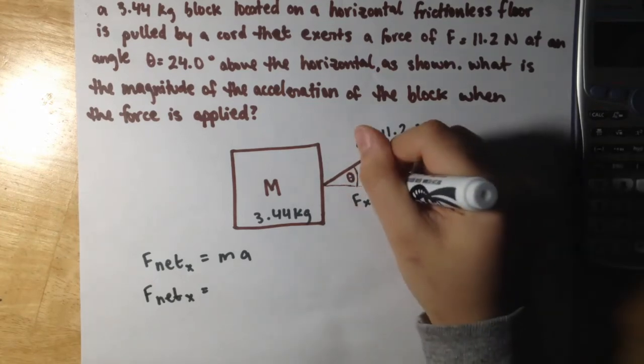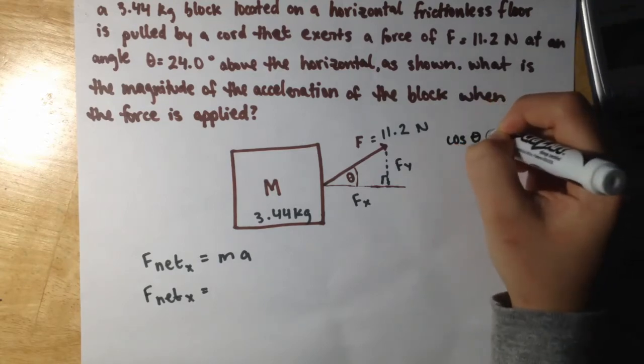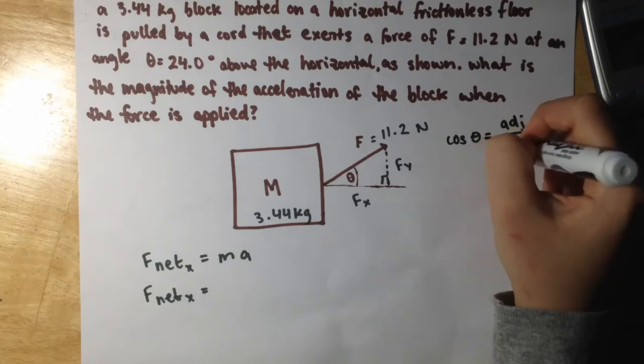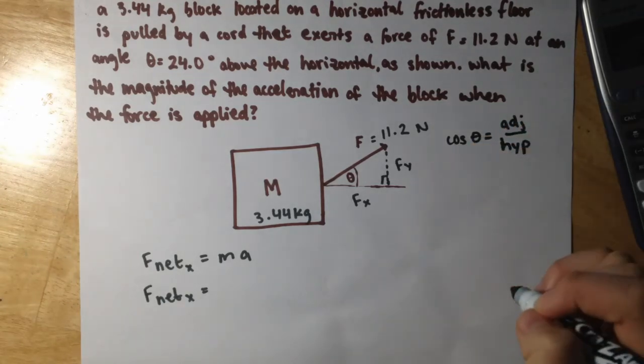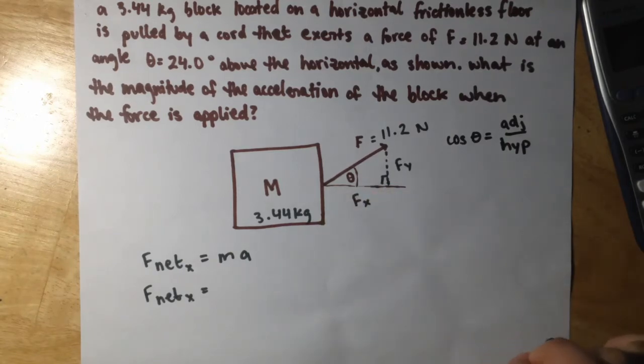If this angle is equal to 24 and we want the side adjacent to the angle, we can use cosine. Cosine of theta will be equal to the side adjacent over the hypotenuse. So multiply the hypotenuse over to the other side so we can get just F, the force in the x direction,